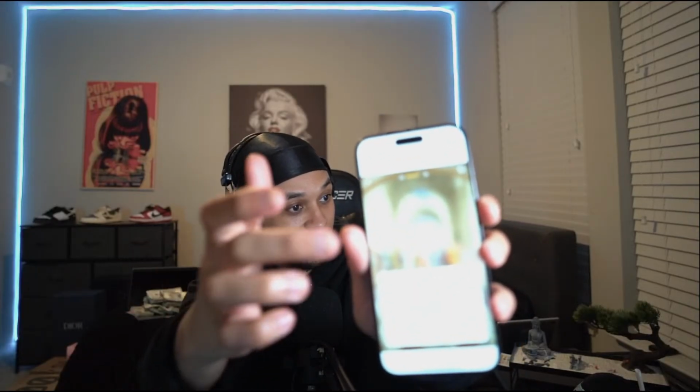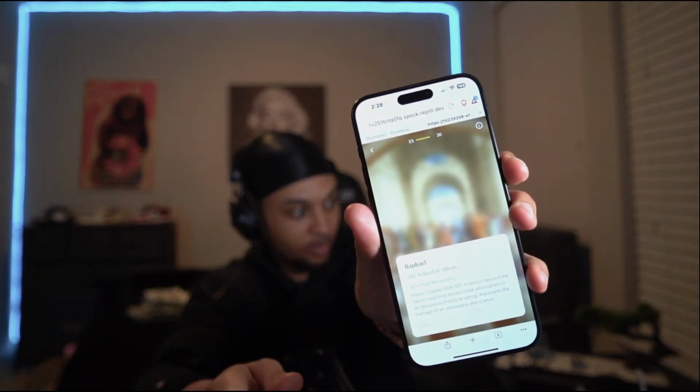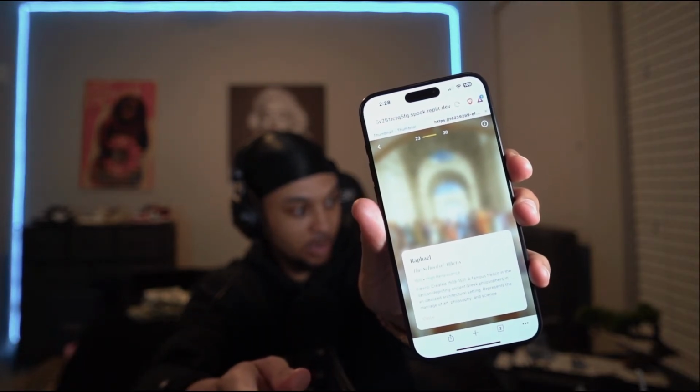If you click any of the individual images, you actually get a great breakdown right there, showing all the details you would be looking for about it. So it's more of a,